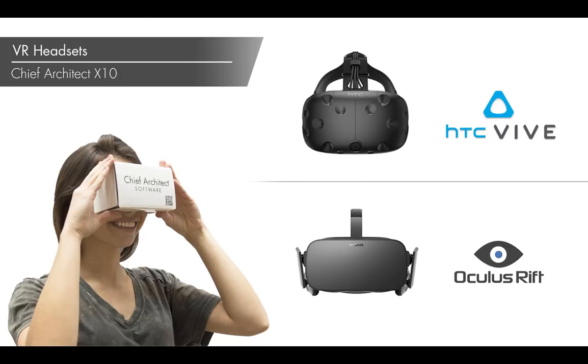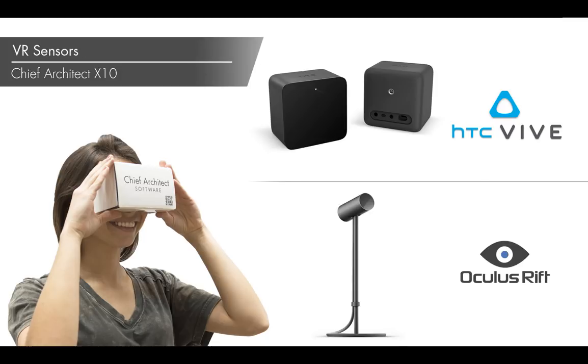And these headsets can be purchased online or at most electronic stores. The second piece of equipment you need is virtual reality sensors. These sensors are typically bundled with the headset, and the sensors will track the headset's movement as you turn and walk around the room. These sensors get plugged into your computer, and once plugged into your computer, you will need